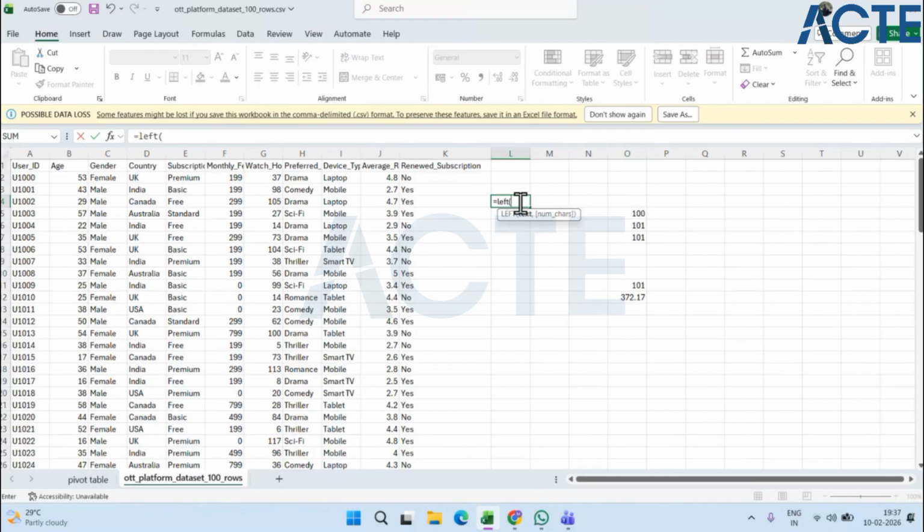Okay, left. I need to change this female into male. Okay, then